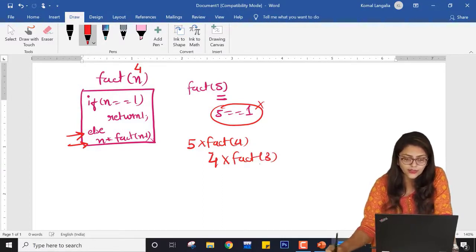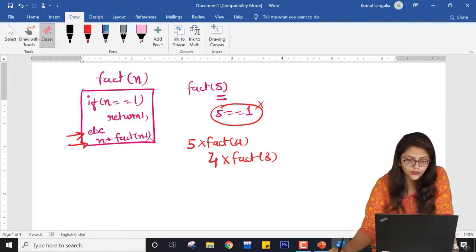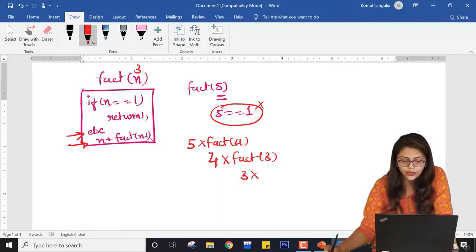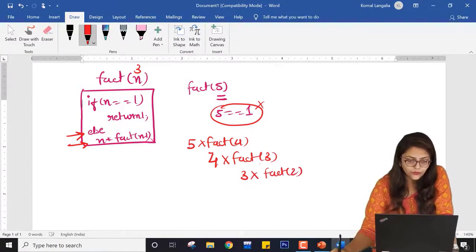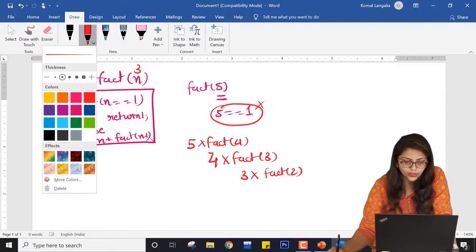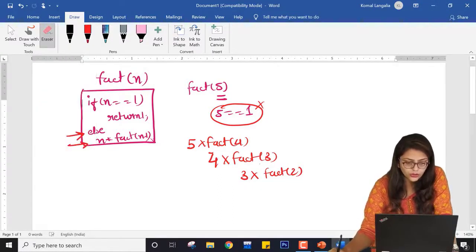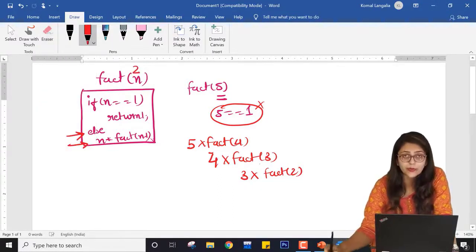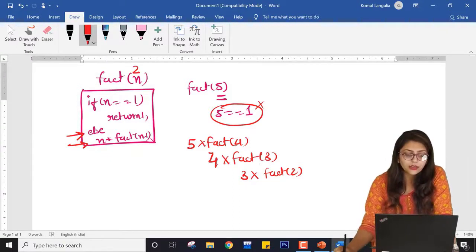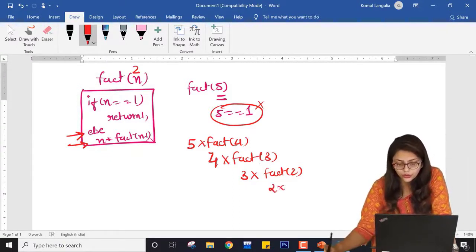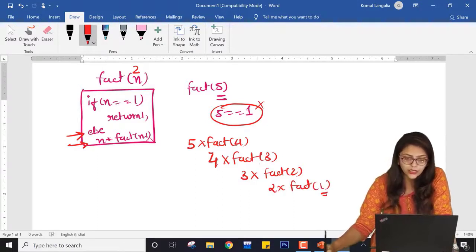Now again for this fact of 3 it will call fact of 3. So here it will do n into fact of 2, where the new n is equal to 3, right? Now again for fact of 2 it will call 2 over here. So fact of 2 is being called, which is nothing but the else part. So it will return 2 into fact of 1. Now n becomes 1.